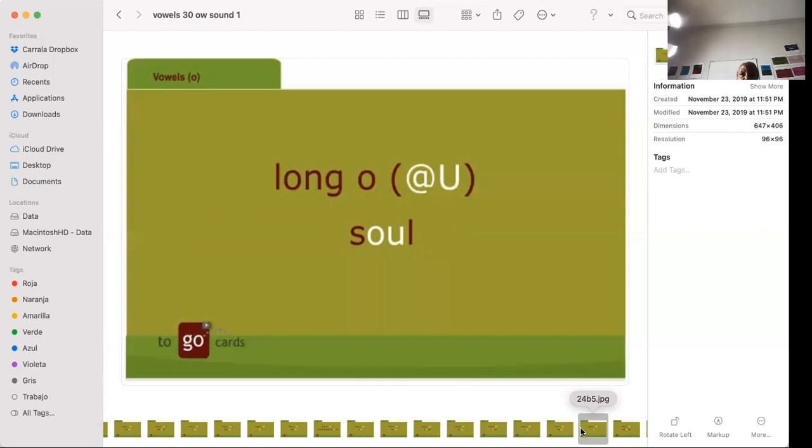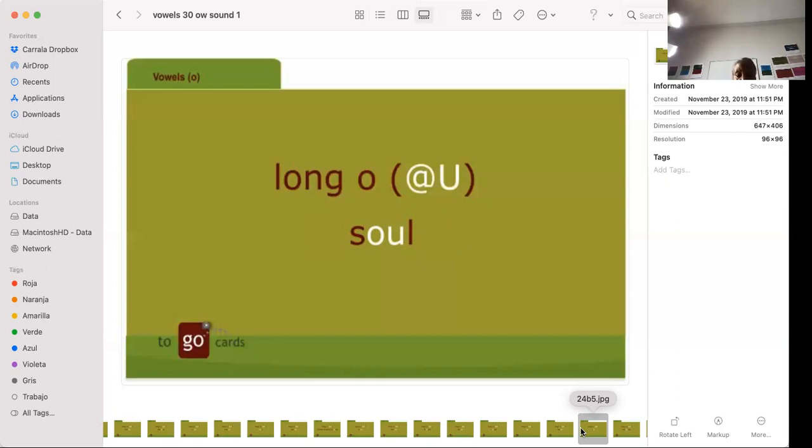And also soul is associated many times with the Black community, the African-American community. Soul, like soul music, that's an expression they used in the 60s. Soul food associated with Black Americans. But soul can also be